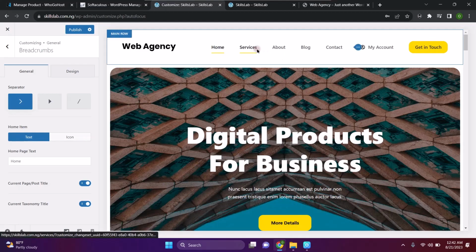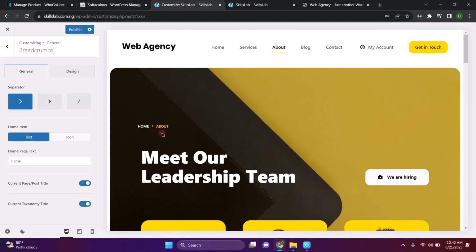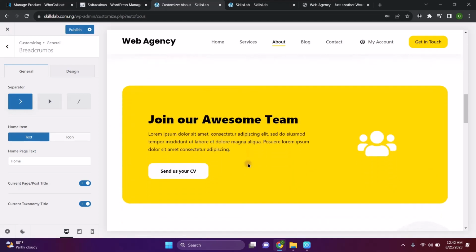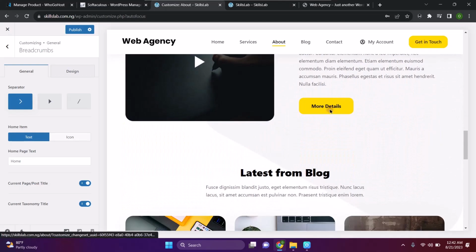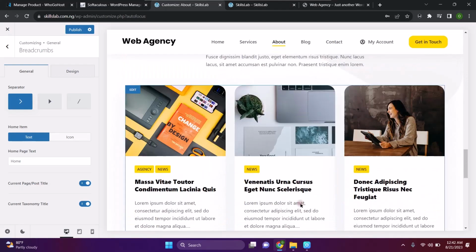The moment you click on the other pages, it will at least be like home page, then the page name that we navigate to. That is like this one, home page, then to about page. So you can see from home page we move to about. Then if there are other pages that depend on this also, if we click, that should